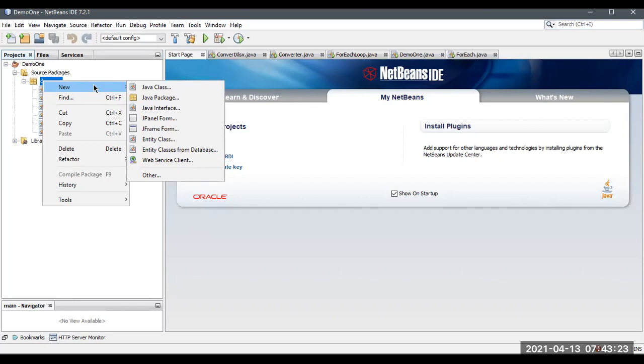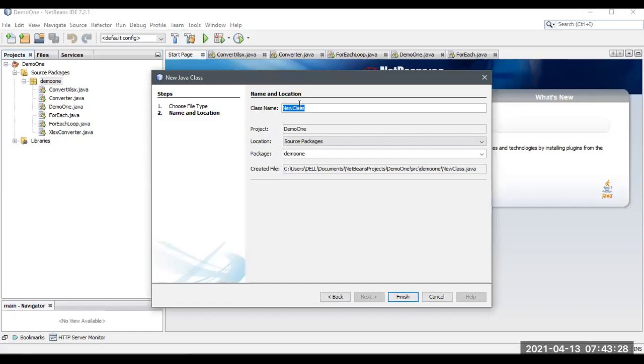As we discussed, to create the structure of a Java program class itself, now I'm going to create a class.